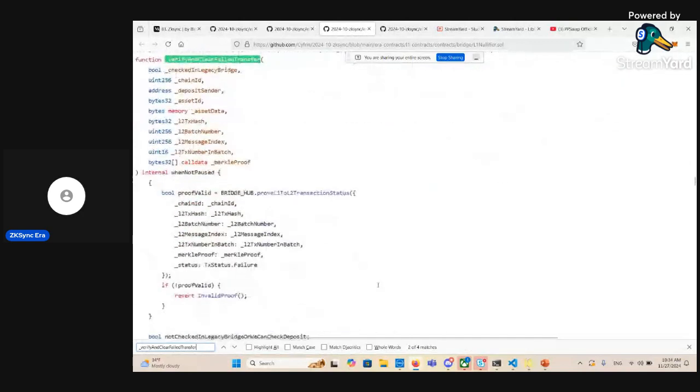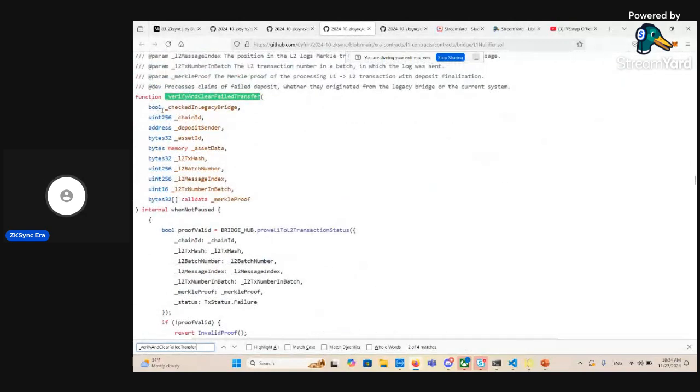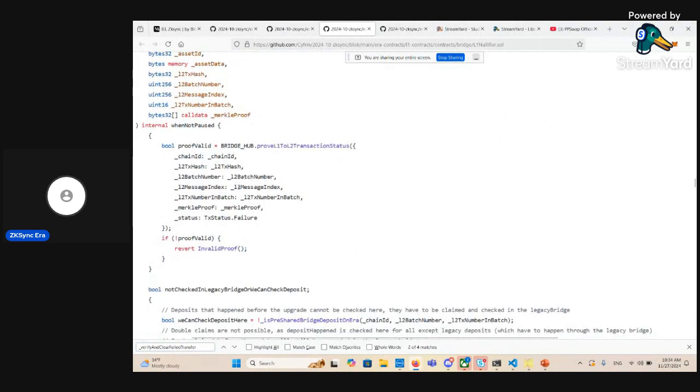Okay, here we go. So now we know this is actually true. And then it's going to call the bridgehub proof L1 to L2. So it's actually through the bridgehub. I want to show you over here. So through the